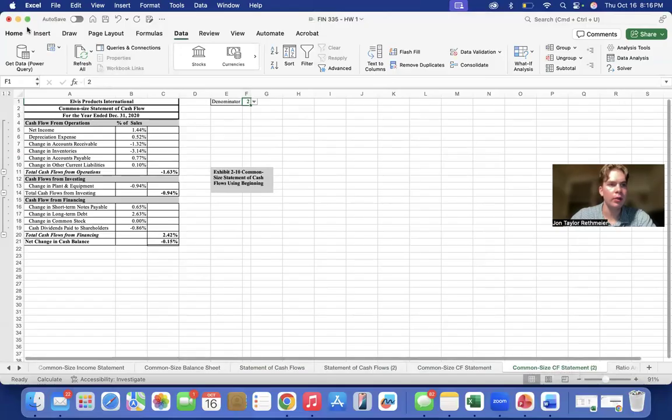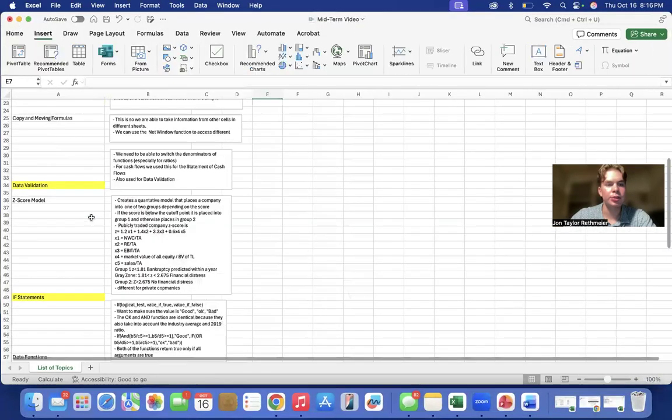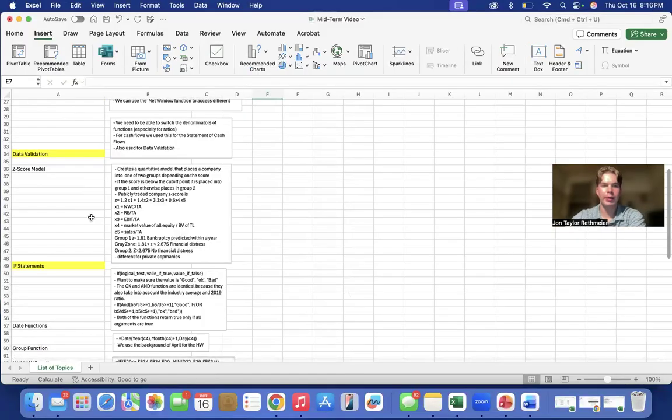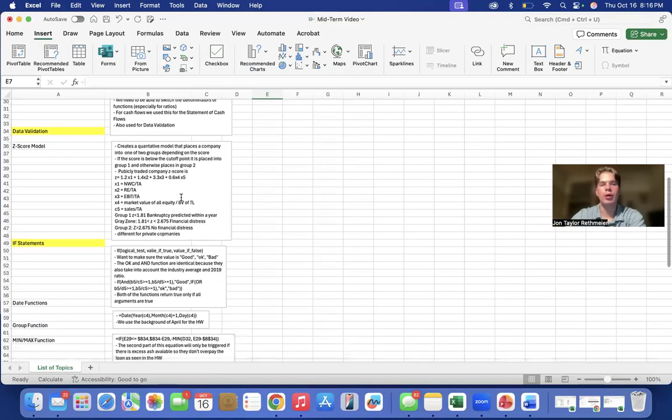So moving on to the Z-score model. This is another thing we learned. It creates a quantitative model that places a company into one of two groups depending on a score. If the score is below the cutoff point, it is placed into group one, and otherwise it's placed in group two. And there is a gray area with